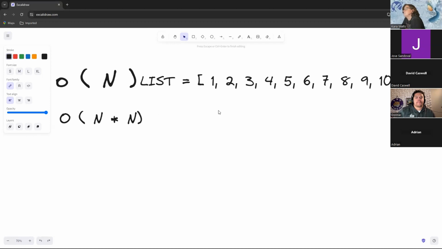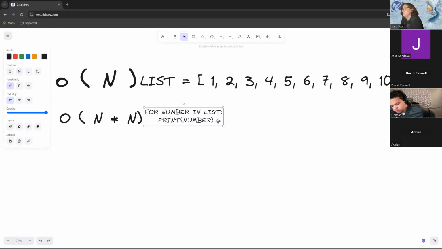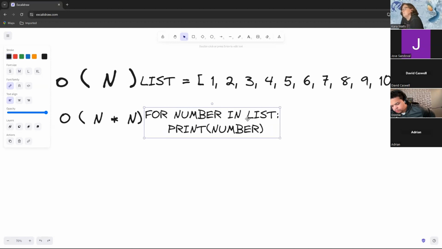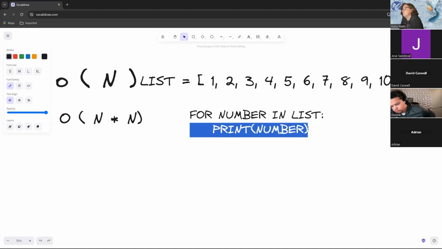So if I wanted to do a for loop, for number in list, print number, a regular loop is O of n because it's only going to do as many iterations as whatever is inside that one loop. But the moment we start doing nested for loops, we can say